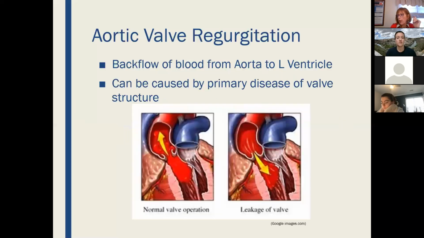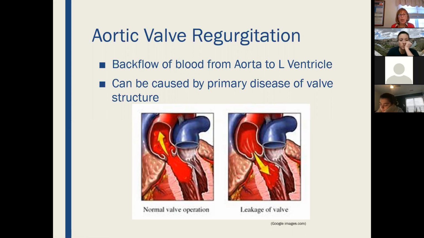Okay, aortic valve regurg. This is the other way now, right? So this is backflow of blood from the aorta. What's happening now? This isn't good. We have blood that comes from the lung, all oxygenated. It's got to come into your left atrium. It's going to go down into the ventricle. And now the ventricle's pumping it. It's got to go up here. This aortic valve should open. It's going to feed the ostia inside here. It's going to go up here to the arch, send some to the brain, go out to the body, and